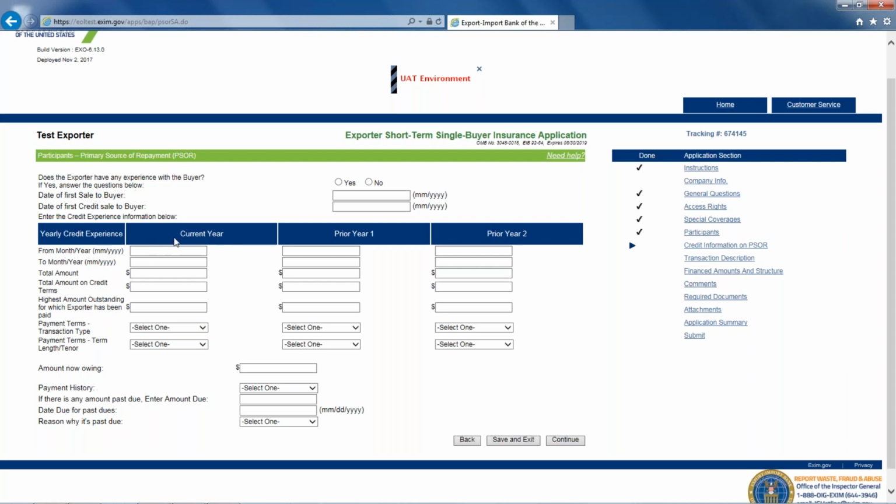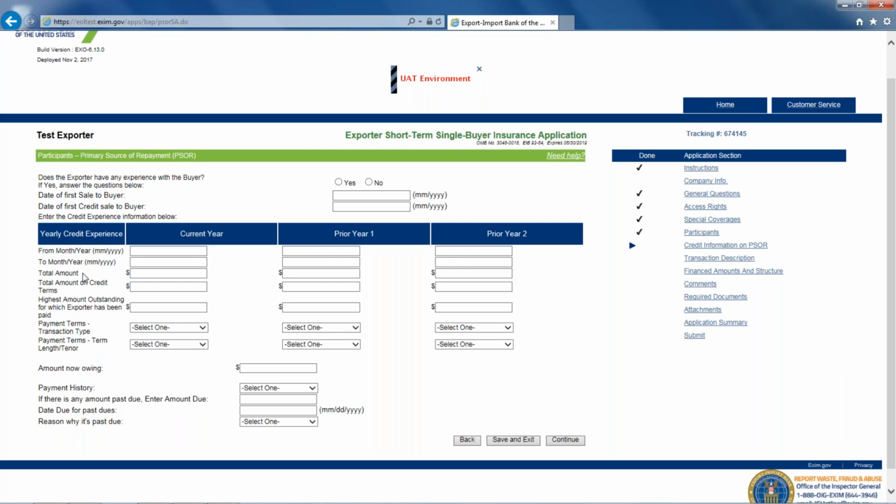And looking down here, it asks you for information both for the current year and the prior 2 years, assuming that information is available. If you're filling out the current year, you're just going to fill out the period within this current year that you're providing this information for. It's asking for the total amount, and here what it's really asking for is the total credit that has been provided.